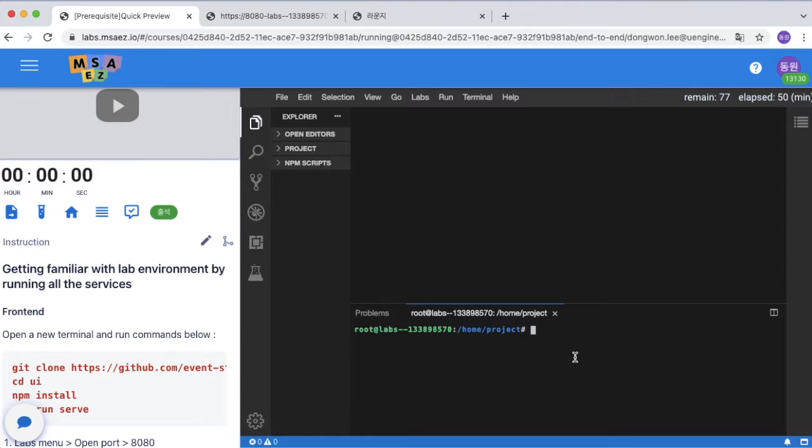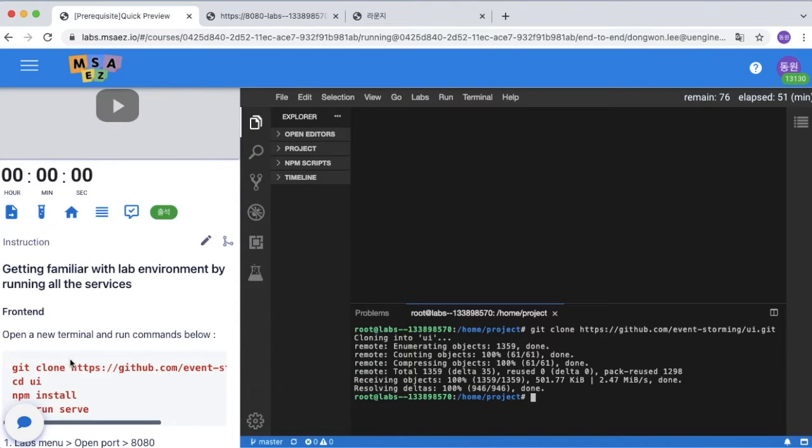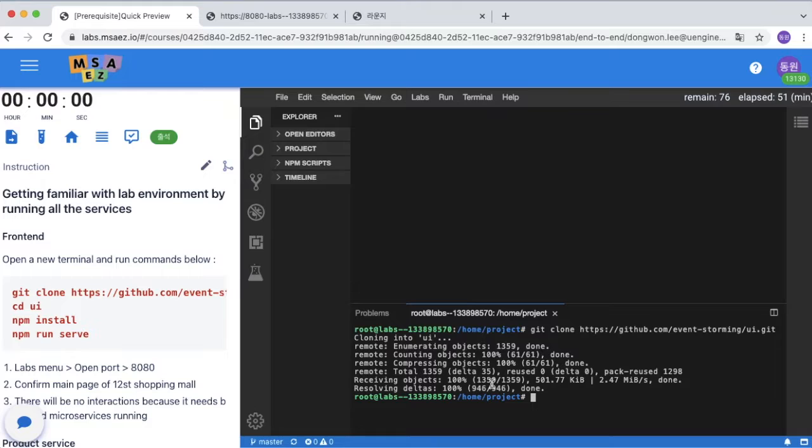And then I would like to run git clone https://github.com/event-storming/ui.git. So I just cloned the front-end ui.git from github.com like this. You can see the UI directory there, or project. So I'd like to change directory into UI like this, and then